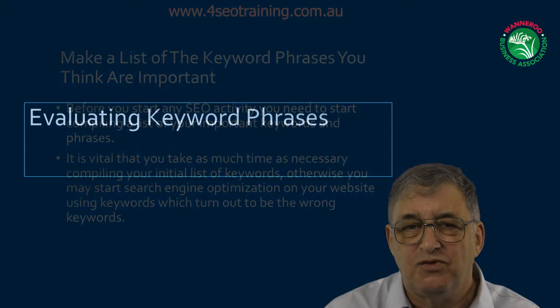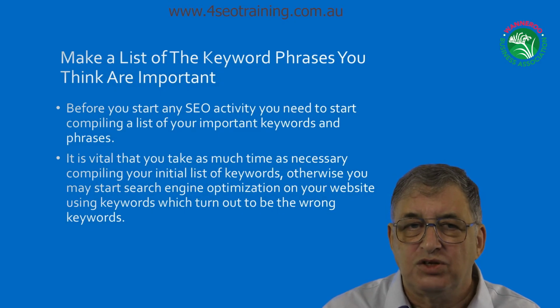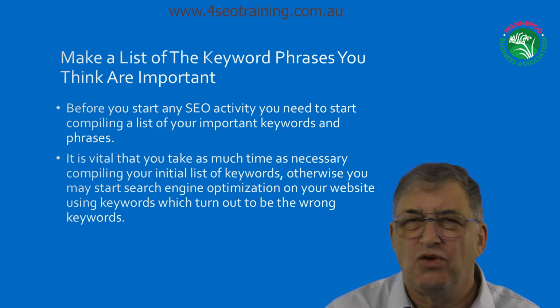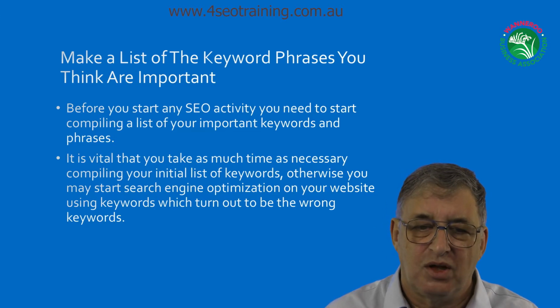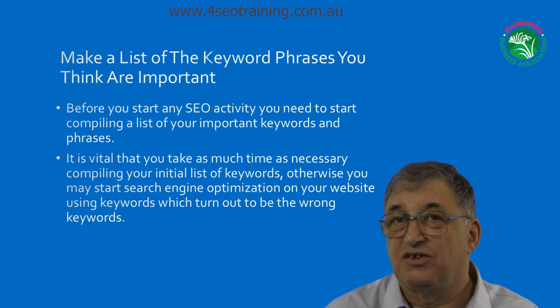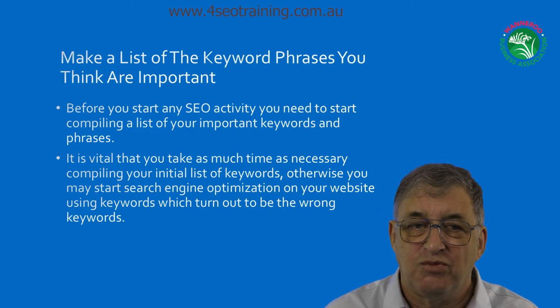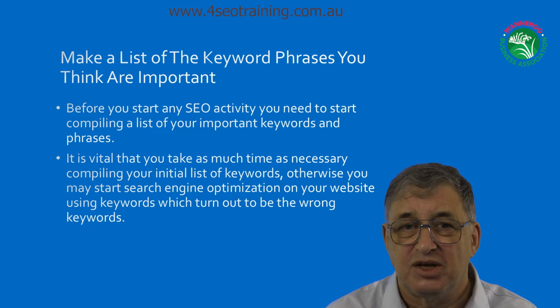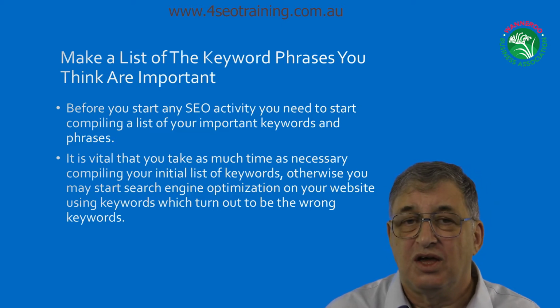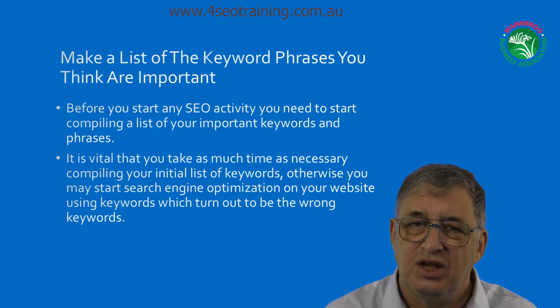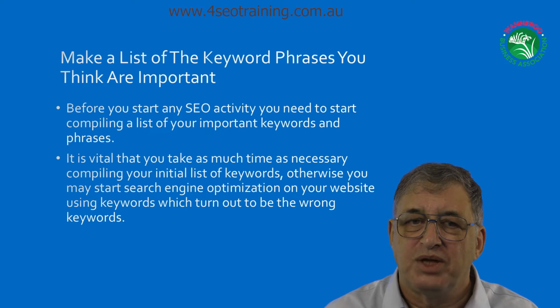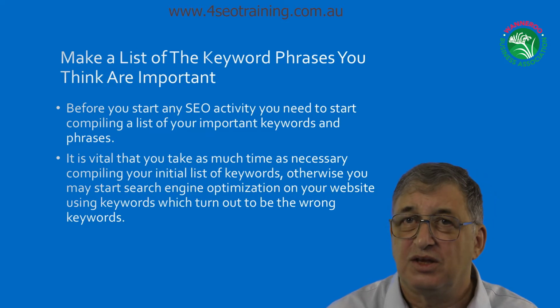Now, evaluating keyword phrases. What you should do before you even think about your SEO is to think, well, what phrases are important to you? Sometimes it's really easy. So for me, with my computer training materials business, that is the choice phrase. Same with my SEO training business. I mean, SEO training or SEO training Perth, that's kind of an obvious one. In some cases, for some businesses, it's not nearly so cut and dried, so you need to try and think about things. And also you need to think about what people actually type in as opposed to what you think they might type in.